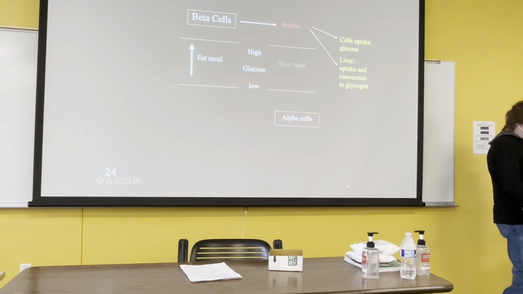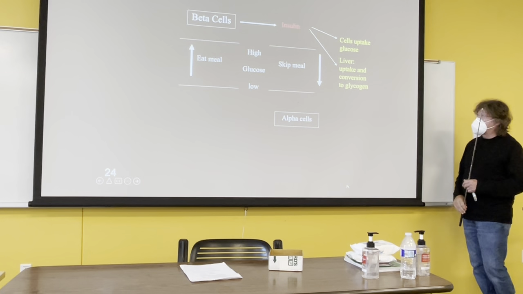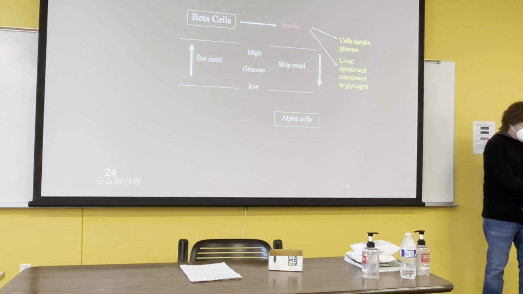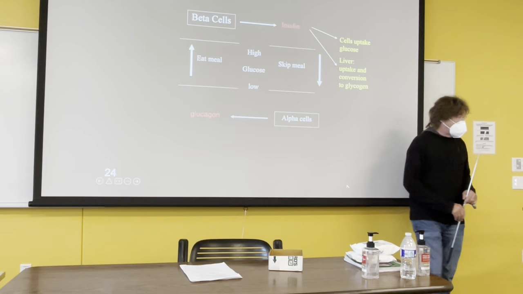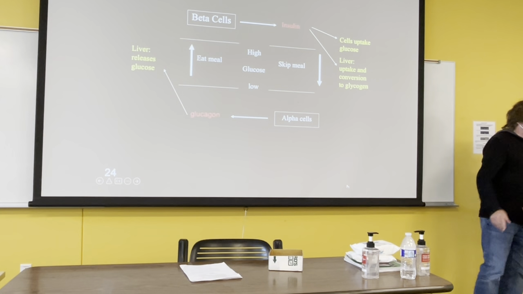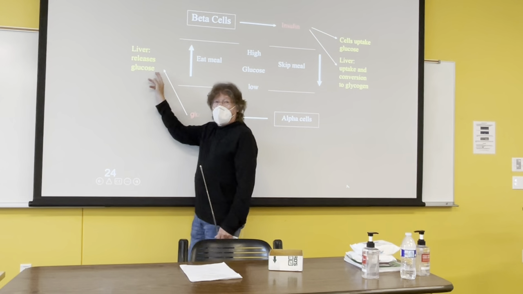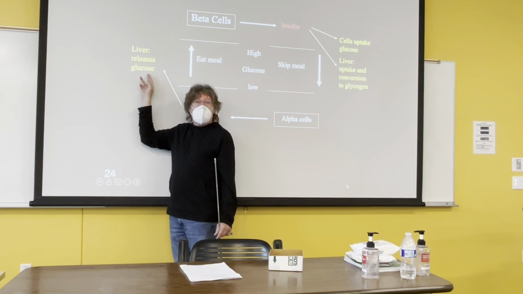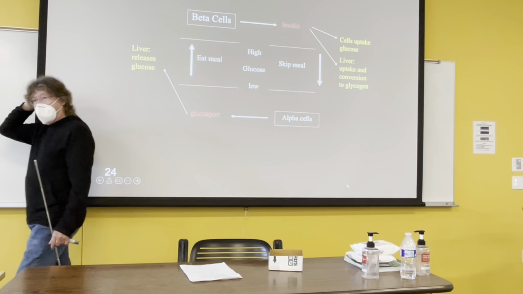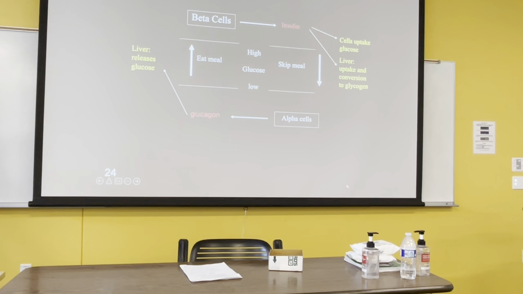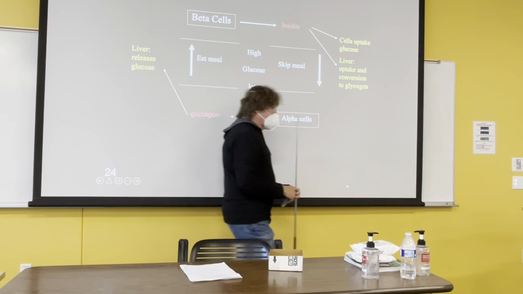If you skip a meal and the blood sugar level drops, then that stimulates a different class of cells, the alpha cells, and they release another type of hormone called glucagon. Glucagon has different targets, but particularly the liver, and its actions here are very similar to epinephrine under acute stress. It has a signal transduction pathway very similar to that of epinephrine, leading to the breakdown of glycogen and release of glucose into the blood.